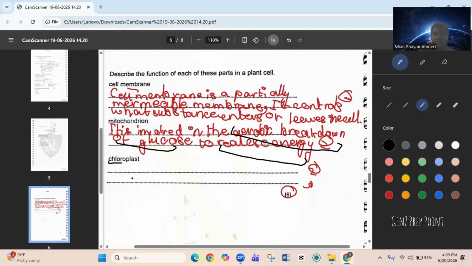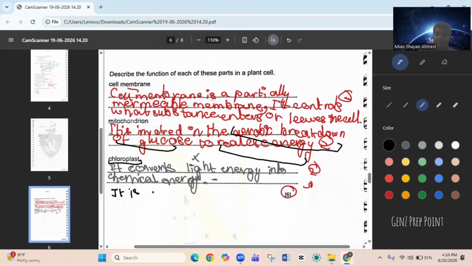If we see this word chloroplast, chloroplast contains chlorophyll and it is a hub for photosynthesis. We would write that it converts light energy into chemical energy. This can be the 1 mark answer. It can be general. So I refer you don't write this answer because this will only get you 1 mark. We want the whole 2 marks. So you should write this rather.